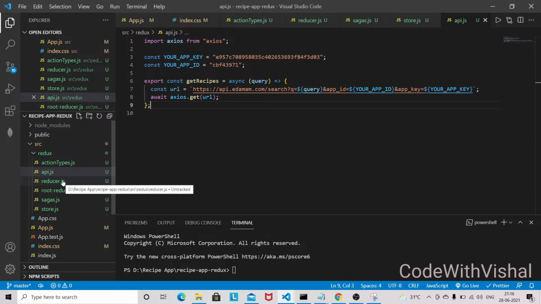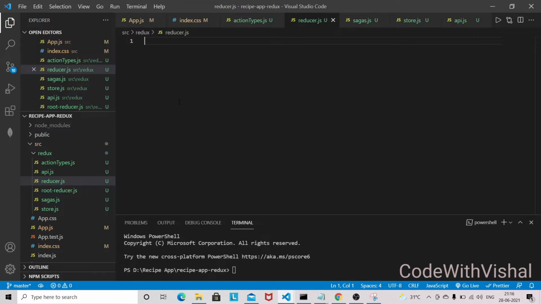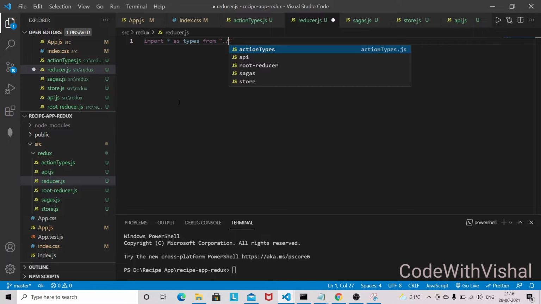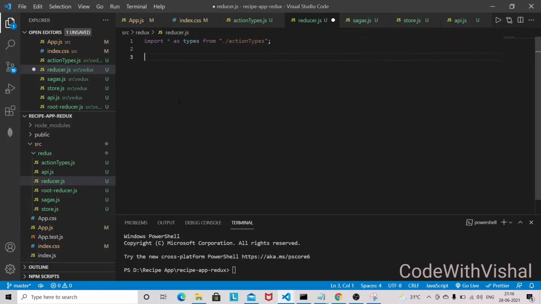Now let's work on the reducer part. So in the reducer, I am going to import all types as types from action type, and we need to define the initial state.